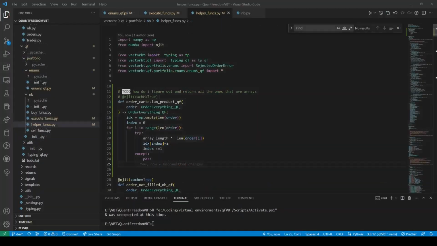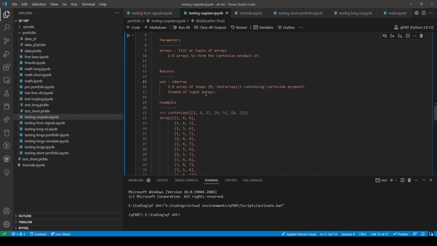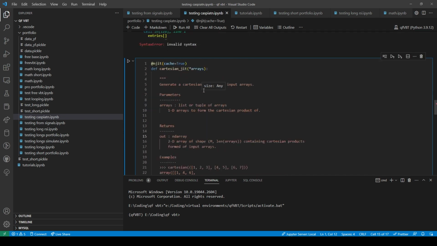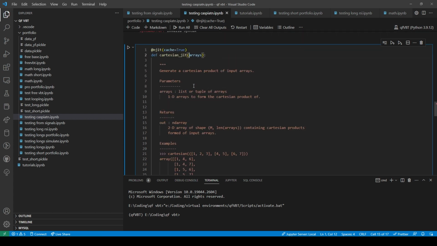Oh, it says here, list or tuple of arrays. 1D arrays to form a Cartesian product of. List or tuple of arrays. So that's a tuple. And this is any. So oh, this is tuple.